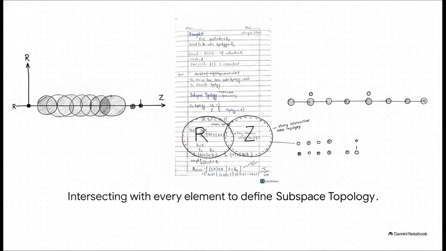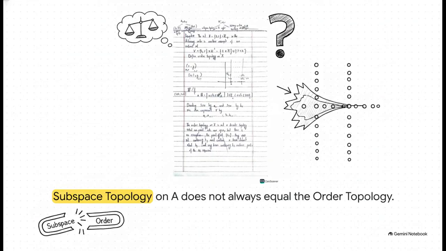For instance, if we take the usual order on the integers, Z, and we intersect it with standard open intervals from the real line, we end up with something called a discrete topology. This happens because the integer points are inherently spaced out, so when you intersect them, you isolate individual single points as open sets. But actually, scratch that assumption that it's always straightforward, because inheriting a topology doesn't always behave the